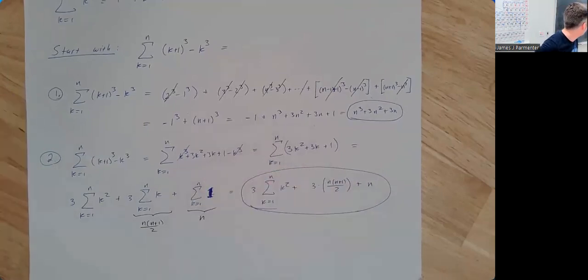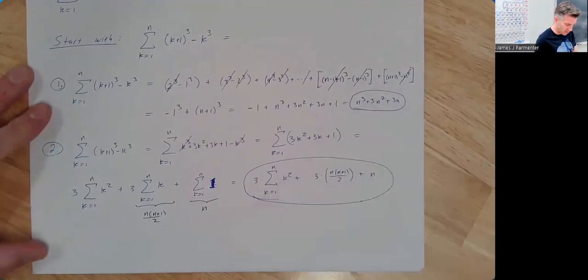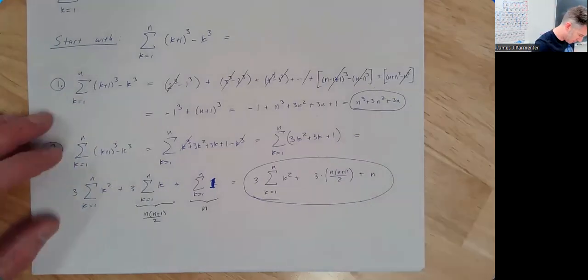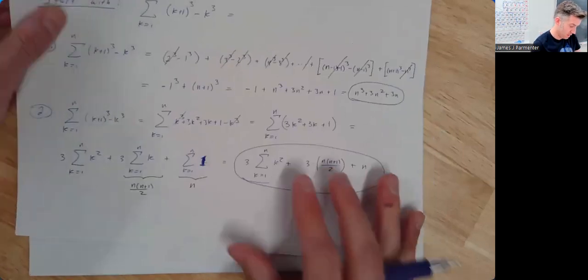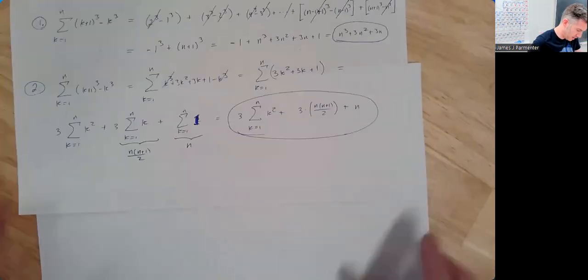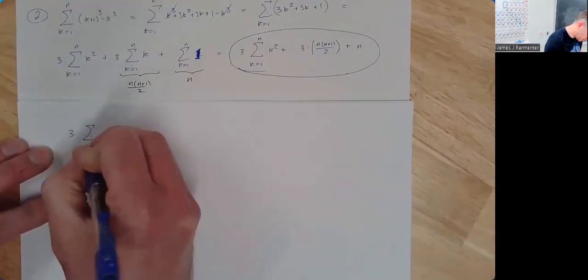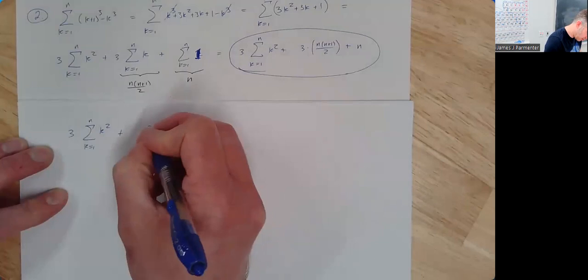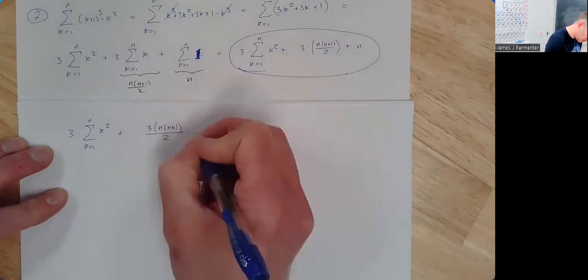Yeah. So now it's just a little bit of algebra. We're going to set this equal to that and solve for the sum of k squared. Do I have enough room here? Probably not. Let's get this other piece of paper over here. Always running out of room. So solving this, we're going to have 3 times the sum from k equals 1 to n of k squared plus 3 times n plus 1 over 2 plus n